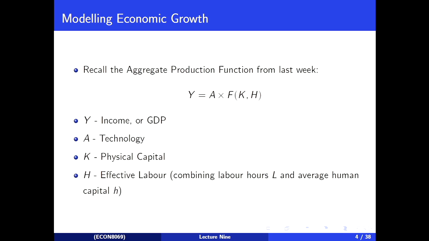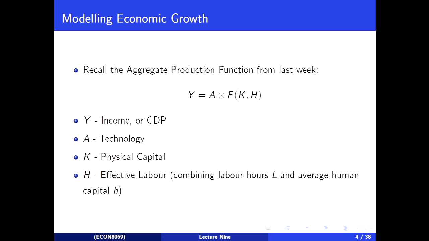We also talked about a bunch of requirements on this function f, on what this function f looks like. In particular, we said that it's increasing in capital, that it's increasing in effective labour, and that it has diminishing marginal product in those things. And we gave an example of one that works, which is the Cobb-Douglas production function, which looks like this. Sorry, that should be an H. And that has the properties that we want.